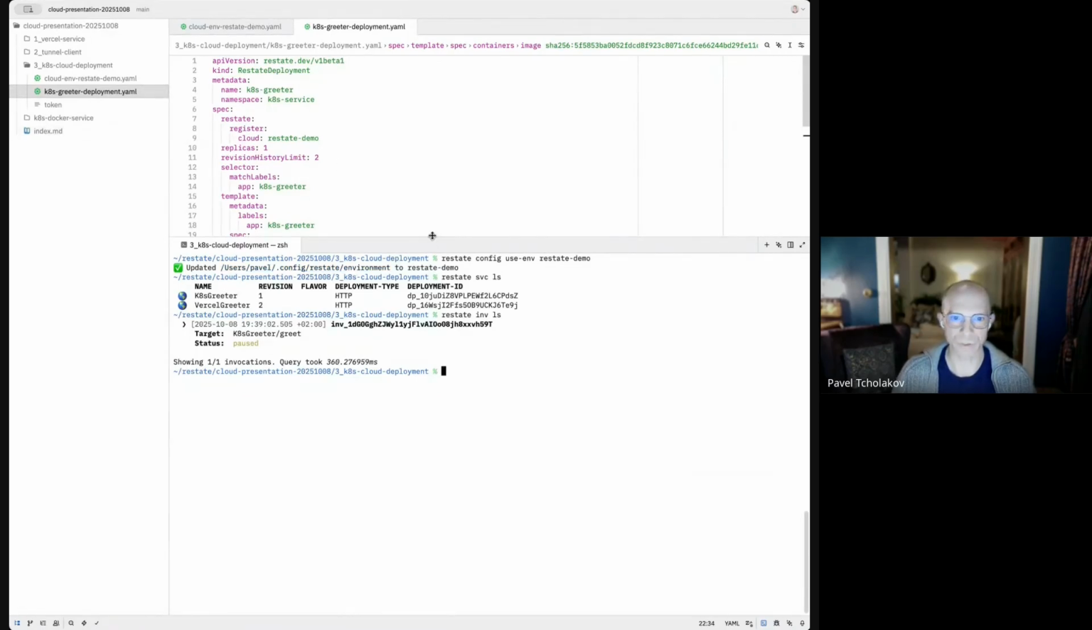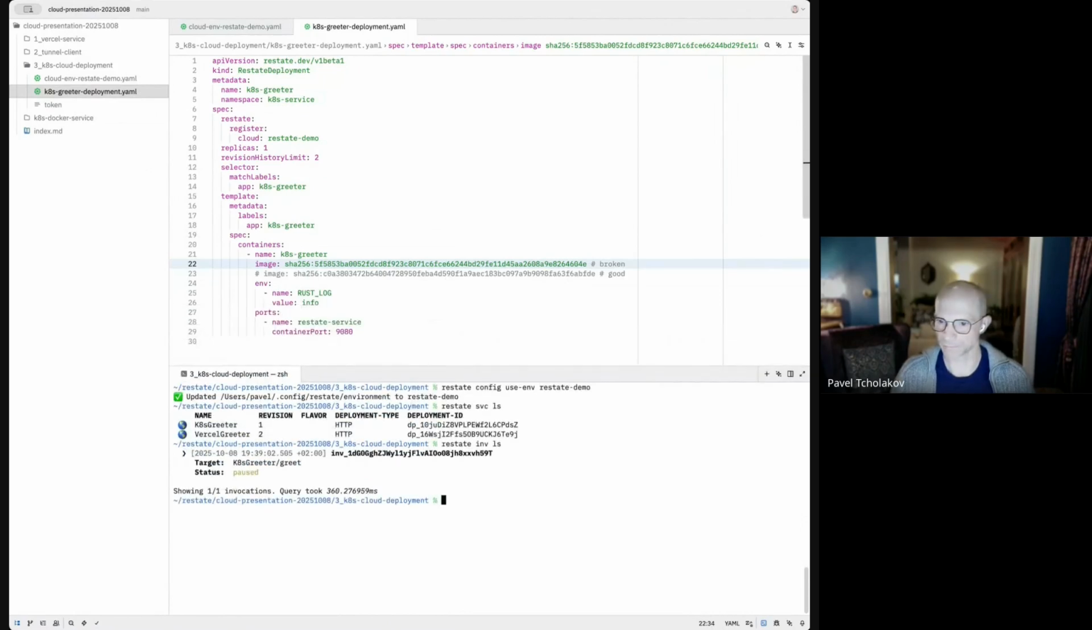So what we can now do with the Kubernetes deployment is that, I see some raised hands, if anybody wanted to